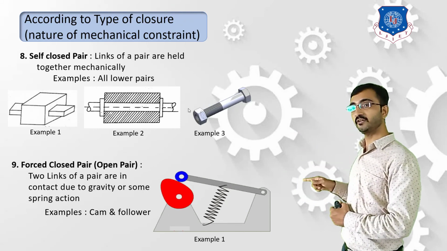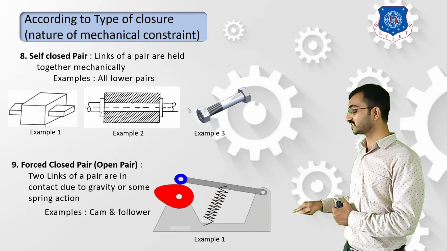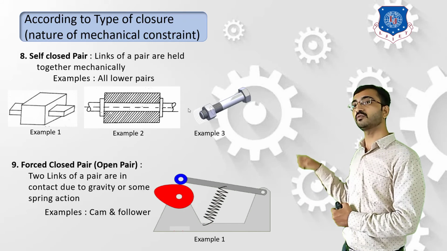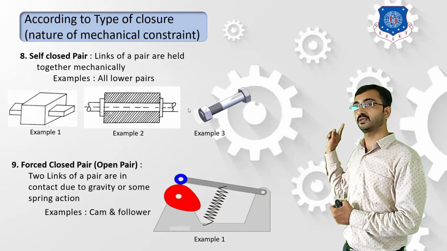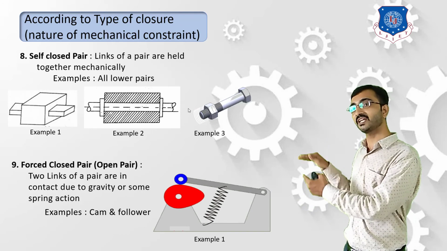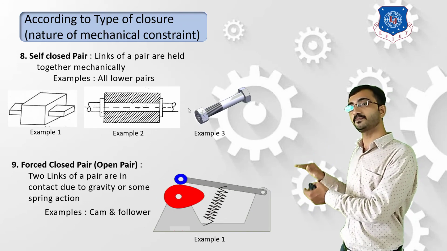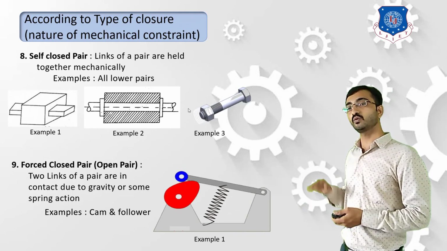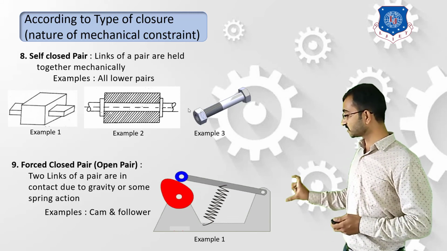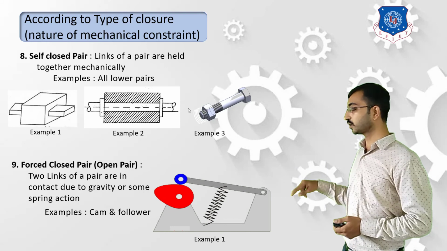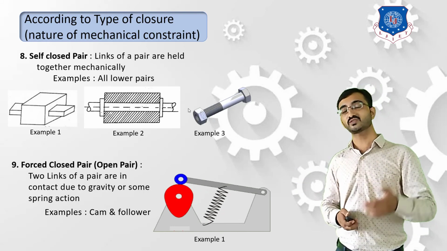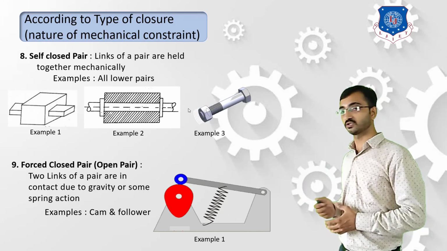Now over here you can refer that if you do not connect this spring between them, then your follower will not oscillate, because it will move in a random direction. Okay, so to make it a kinematic pair where it can move in a predefined motion, we have to accommodate this spring. So this spring force is enabling these two components to be joined. Okay, so that's why they are termed as a force closed pair.